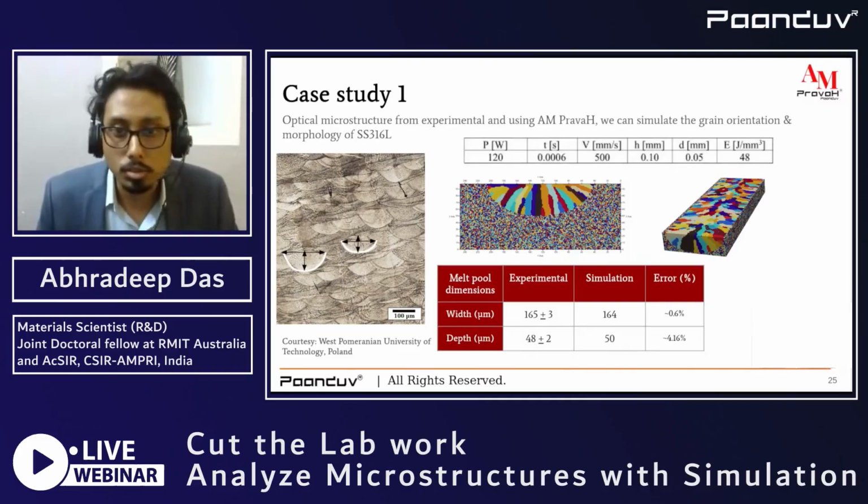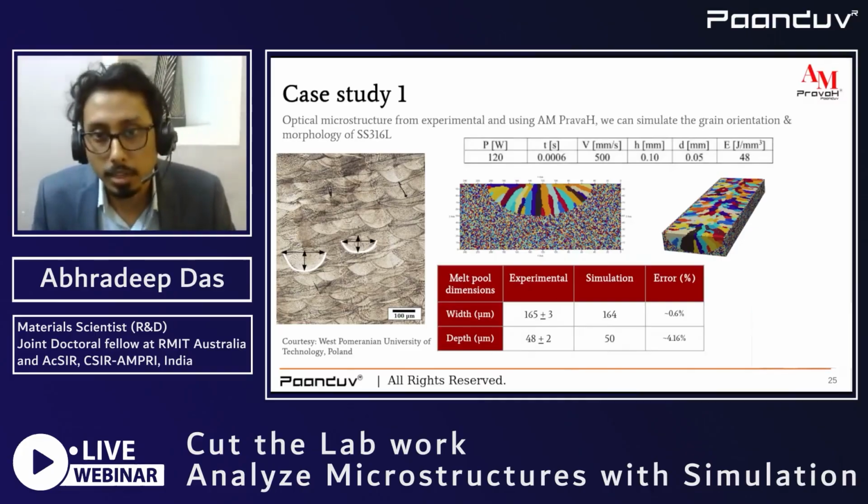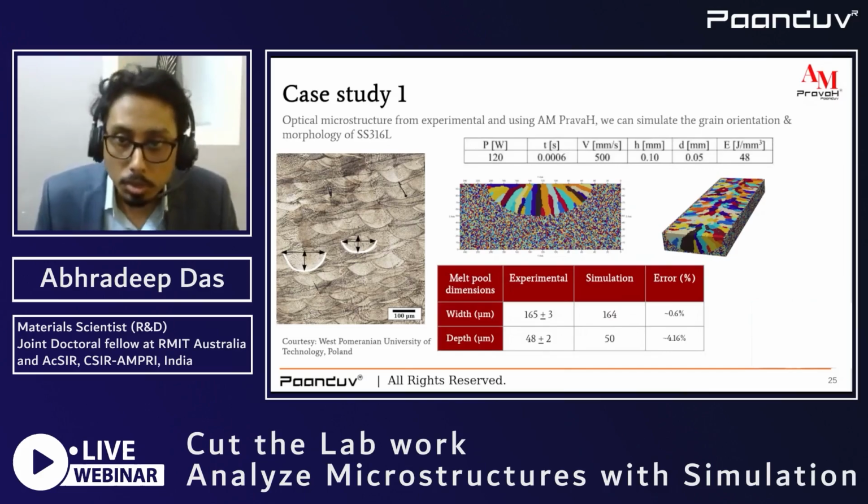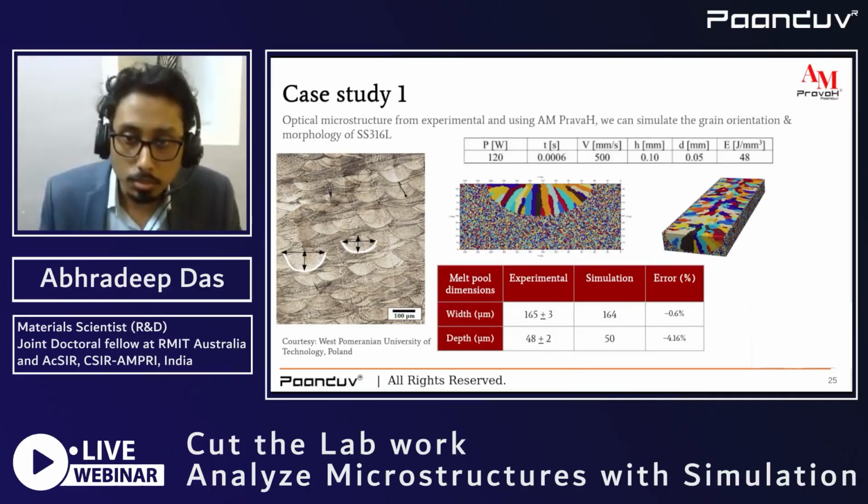Instead of going to EBSD based analysis directly, we can simulate the process. We can take a nominal optical micrograph, measure the physical height, depth and width of the melt pool, simulate the entire process, and generate the pool of molten metal,